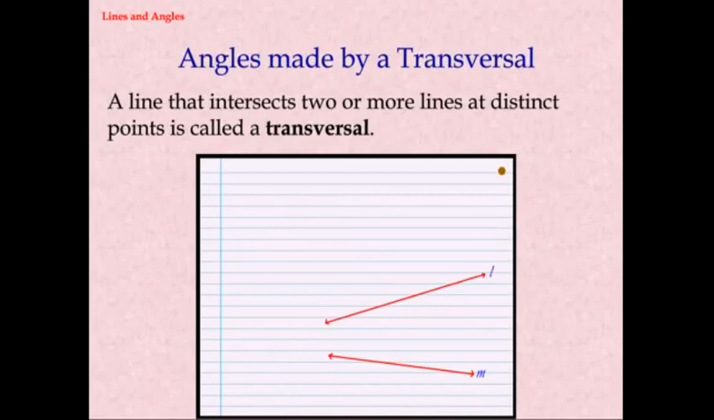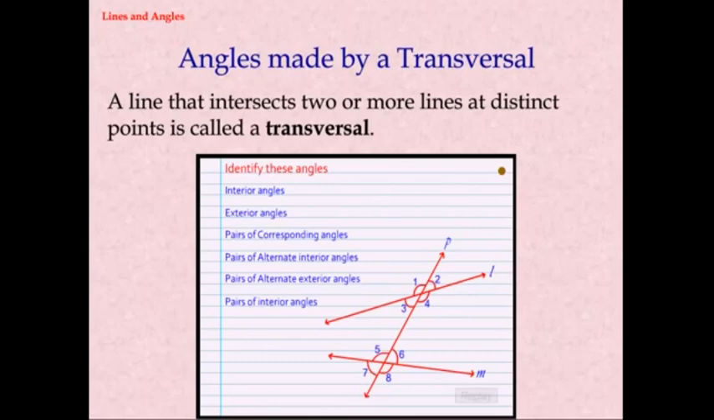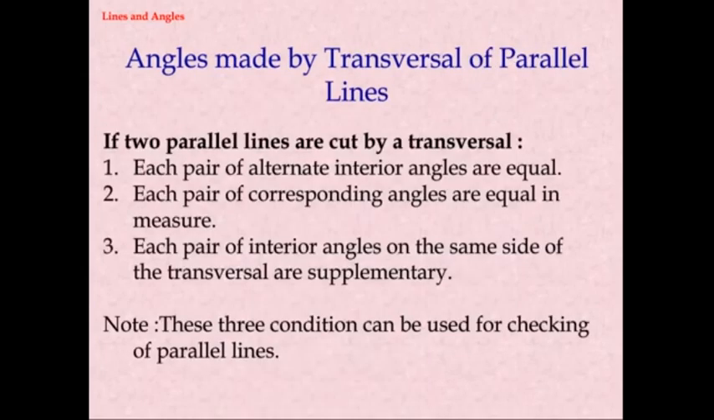Angles made by a transversal. A line that intersects two or more lines at distinct points is called a transversal. Angles made by transversal of parallel lines. If two parallel lines are cut by a transversal,